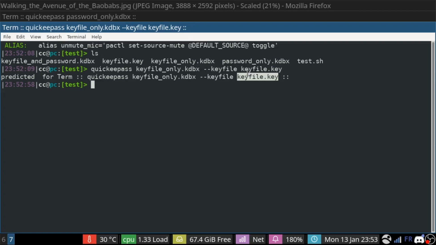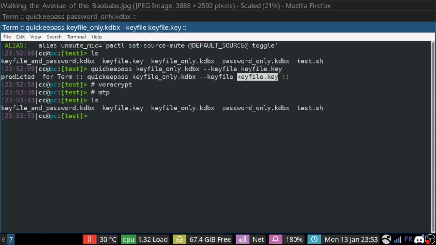And you can even add one more layer of security to that by putting your key file within a VeraCrypt volume. I'm not going to show you how to use VeraCrypt, but you can easily do that and document yourself around MTP in order to automate the mounting of your phone as a USB device. So that's it for how to configure it.